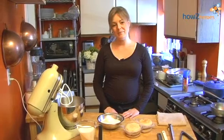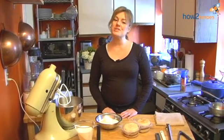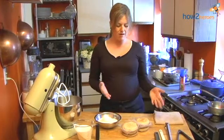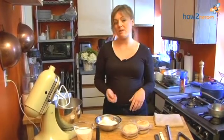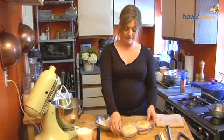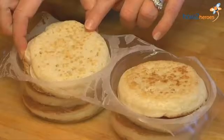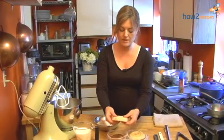Hi, I'm Kelly Geller. Today we're going to be making a traditional crumpet. Typically served with an English tea, crumpets are somewhere in between an English muffin and a pancake. They look like this. They have these gorgeous little craggy holes all over the surface, and the interior is this